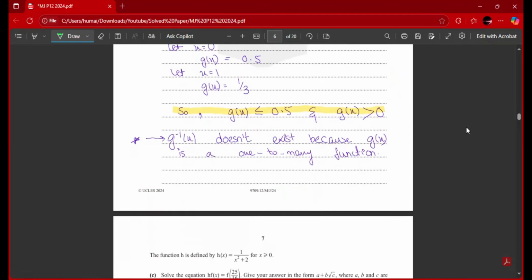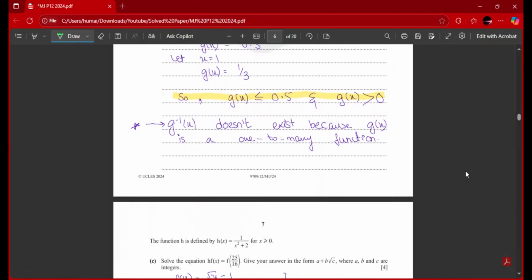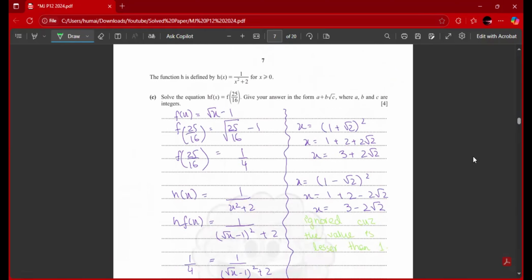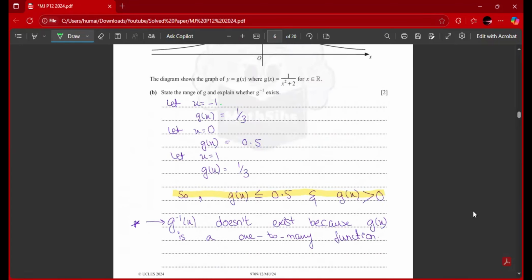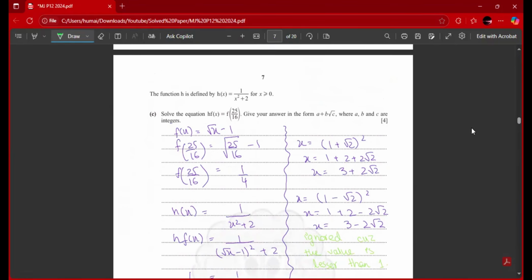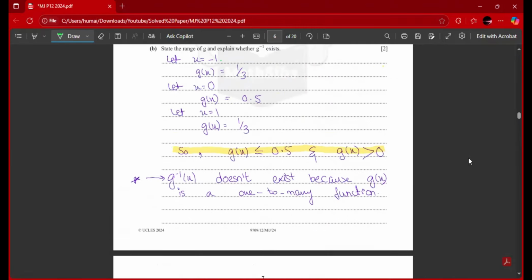G inverse does not exist because our function is a one-to-many function. Next question, it has 3 parts. Function h is defined as h of x is equal to 1 over x squared plus 2, such that my x is greater than 0. Meaning that now this function is a one-to-one, though it is equal to g of x,